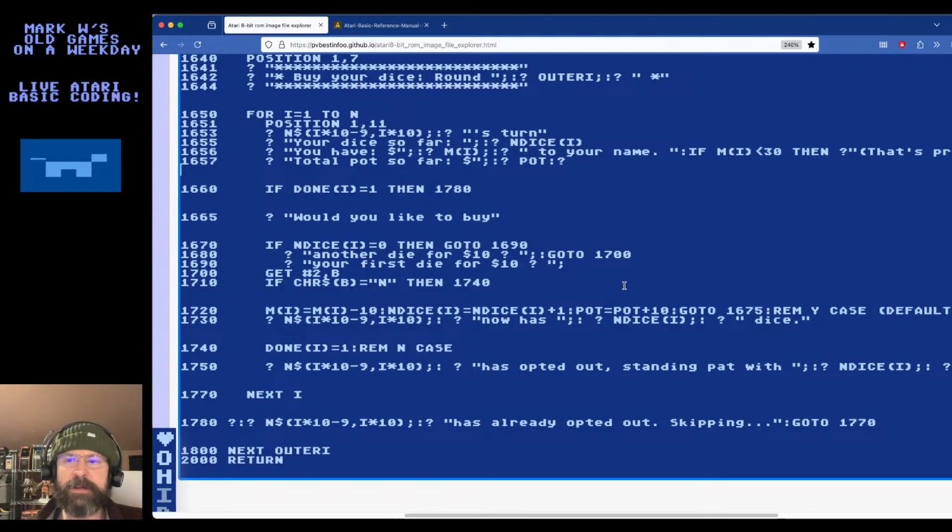So I have to figure out where I'm going. I'm assuming that I wanted to go back to, let's see, you bought a die, and now we want to go back to the next. Actually, bear with me a second. Now if I'm printing down here, okay, now that person has so many dice. Why would I want to go back to a different line in the first place? Is that a mistake? Since it seems like a mistake to me, what I could do is just take out this GOTO and see how it flows.